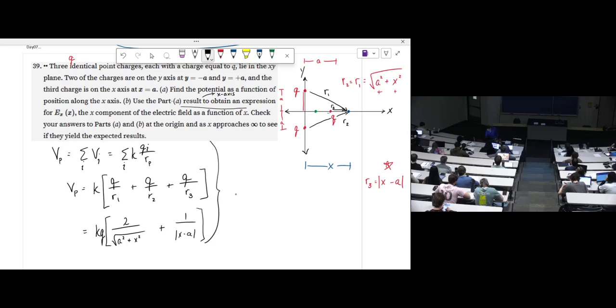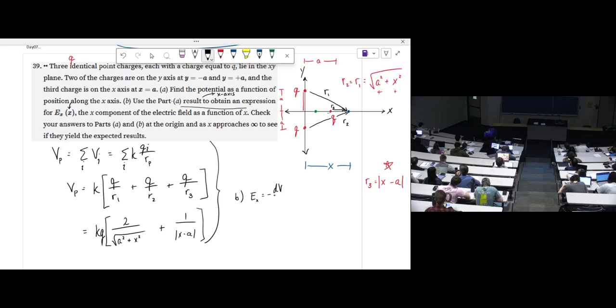So how would we do that? Part B, how do we find E along the x-axis in the x direction? Oh, here's where your assumption is. It says as a function of x instead of x and y. So how would I find the electric field along the x-axis using my result from part A? Yeah, take the negative derivative. So I've got the